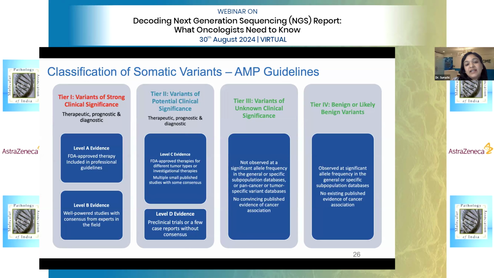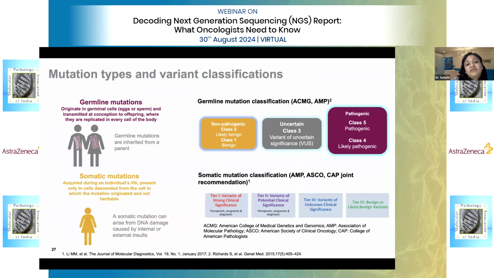So there are ACMG guidelines which are used for interpreting germline variants, where we classify them as pathogenic, likely pathogenic, or variant of uncertain significance, which are usually mentioned in the reports. But for somatic, when we do the test on tumor or on liquid biopsy sample, we classify them based on tier system, tier 1, 2, 3,